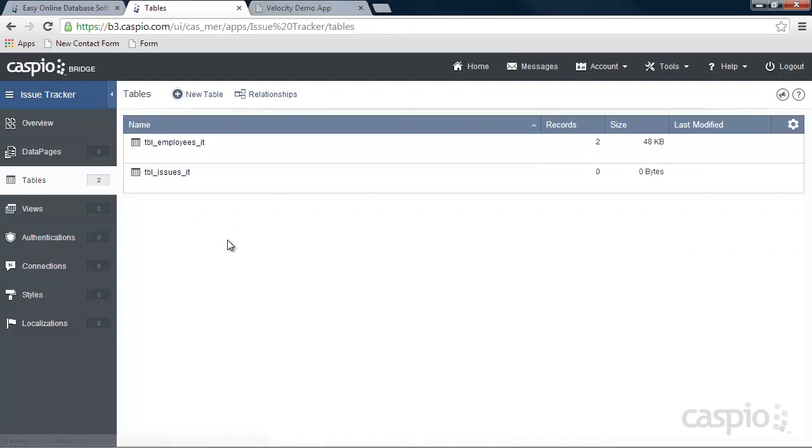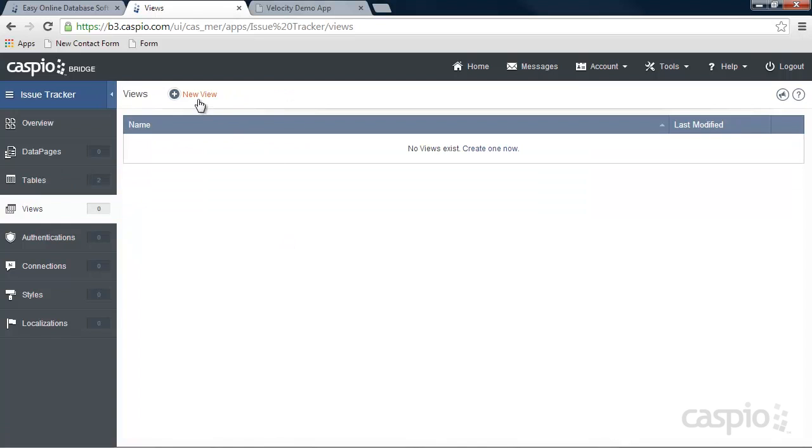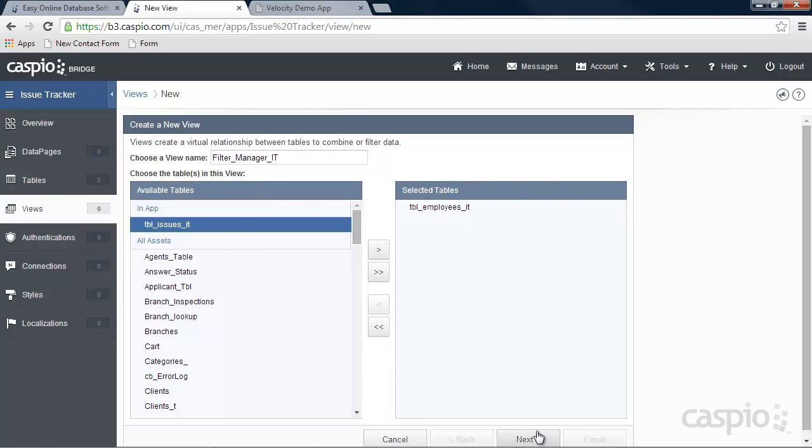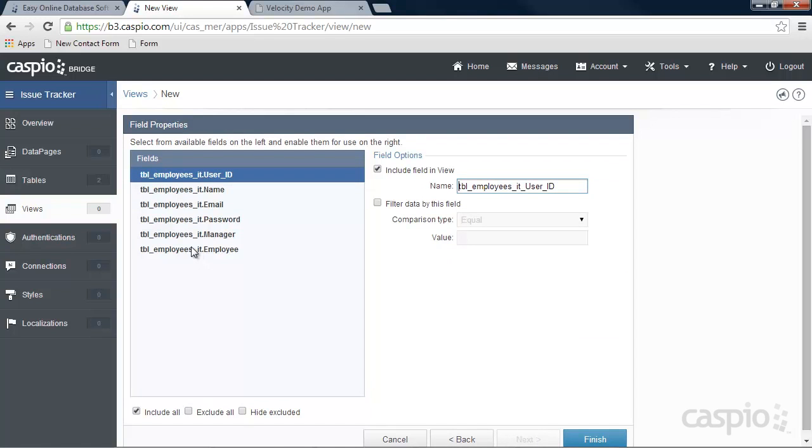And the next step is really to set up the foundation as far as how employees are going to be filtered, who is the manager and who is the employee. So let's set up the authentication. Before I can do that, I have to build two views. And these two views are going to filter who the manager is and who the employee is. So let's have the employees table to the right. And on the next screen, I want to filter based on